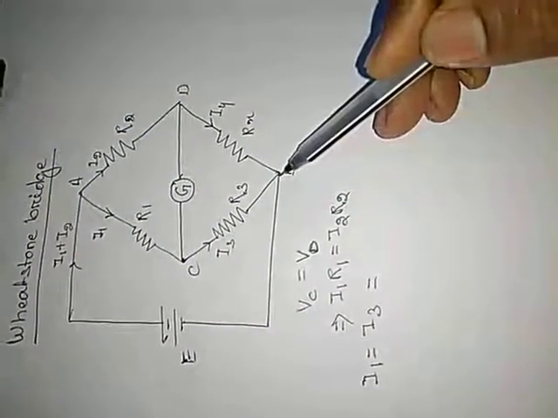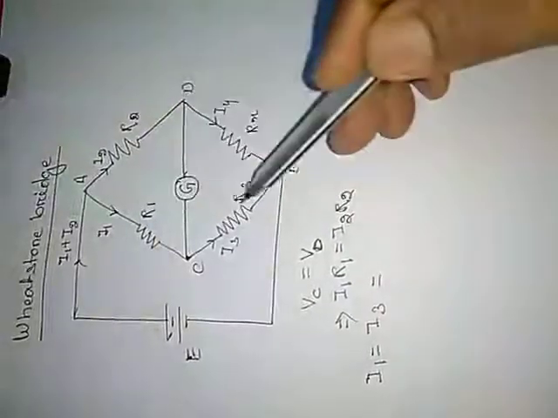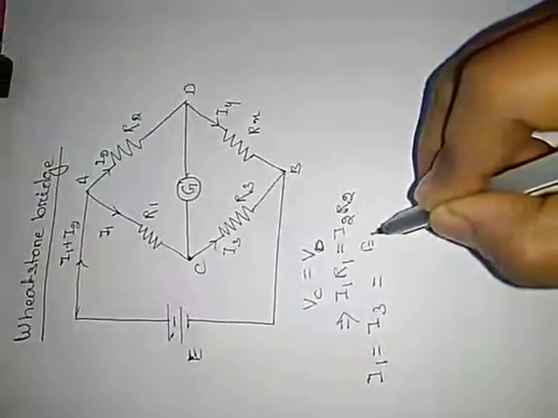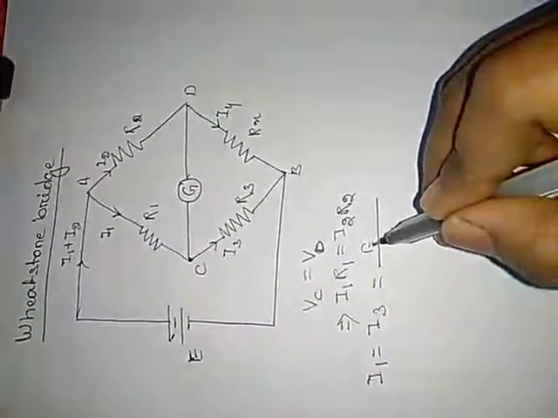So the potential across them is also the same. So the I1 and I3 currents are the same, which you may write as E by